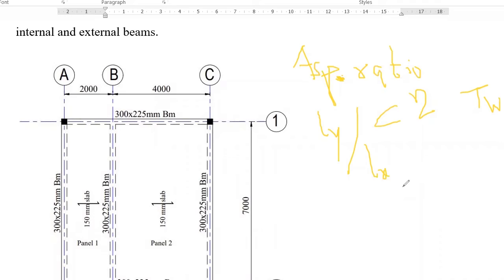there, right? But when the aspect ratio is greater than 2, then we can maintain our one way. So this is how we determine one way and two-way slab, right? Now, if you check my panel 1 says the LY, which is the longer span, and the LX, which is the shorter span. It says that we have LY to be 7 meters and LX to be 2 meters. Now, my ratio would say,